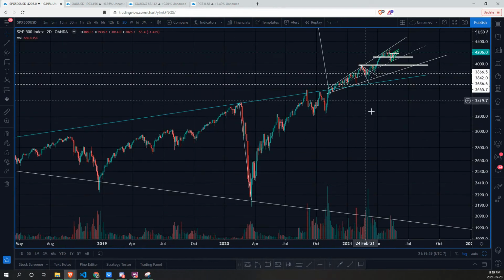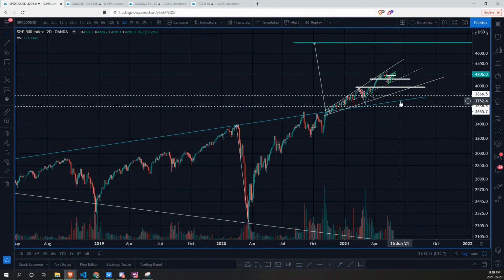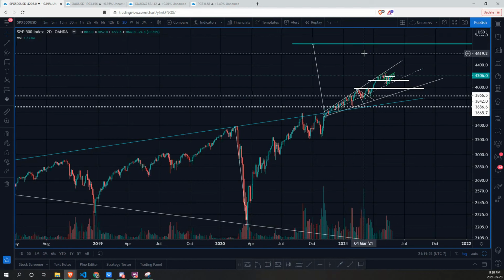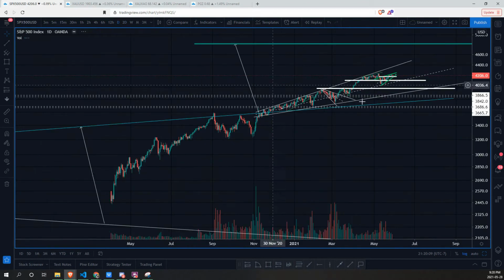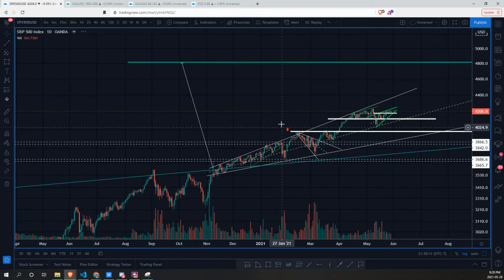Looking at the 2-day chart, we will get into a little bit more specifics as to how it actually came into the all-time high of 4,200, which we called back when we initially broke our expanding pattern in March of 2021. So we'll keep in mind that our overall bias is bullish for now. In the short term, it does look a little bit more bearish. We could take a little bit of a dive, but in the larger time frames, looking at the daily and up, we are looking at the S&P and the traditional markets in a bullish state. So we are going to be looking at a smaller time frame here.